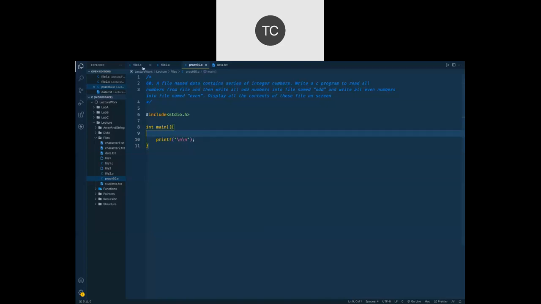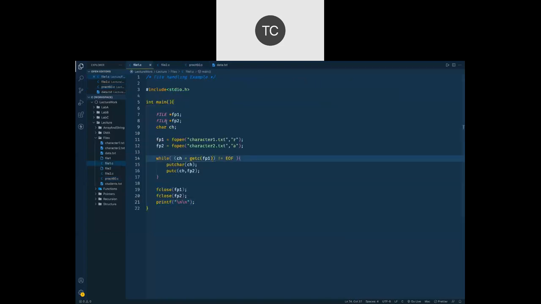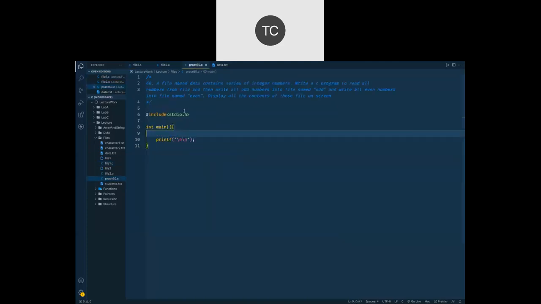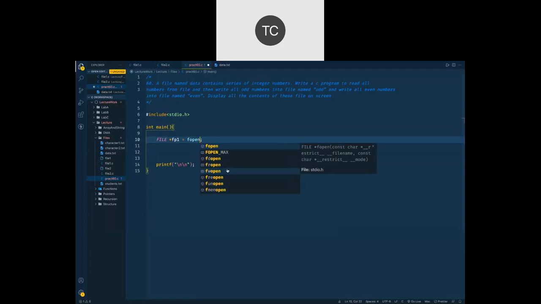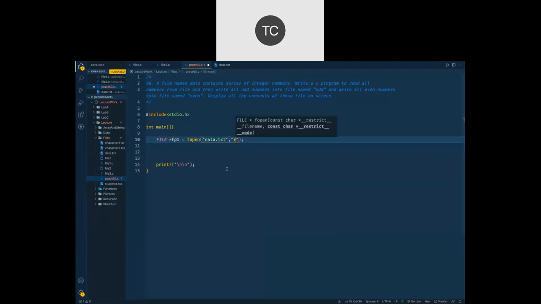Okay, so for that, what we can do, just like this one, we can have one file pointer. So I'm going to have one file pointer here, and at the same time I'm going to call the fopen function, where I'm going to pass in, let's say, data.txt is my file, and in read mode I'm going to open that file.